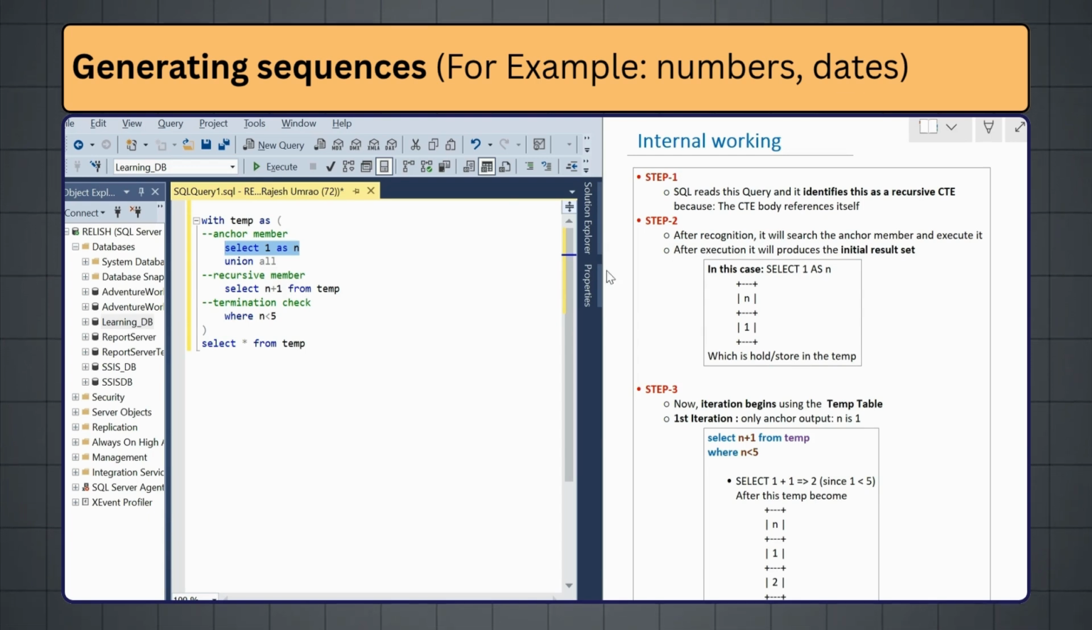And then this result set will be stored in this temporary table, and after this the iteration process will begin using this temporary table. So now let's look at each iteration in detail. For the first iteration, this recursive query is going to be executed, and in this case the temporary table is this one. So first from the temporary table the value of n will be selected, and in this case the value